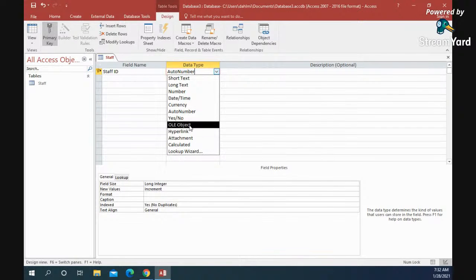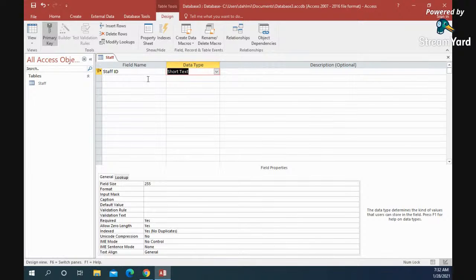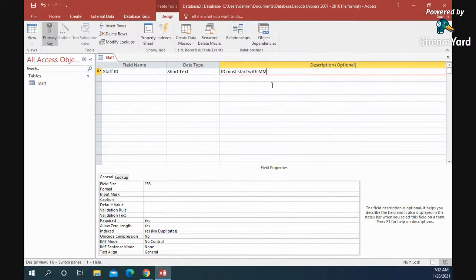The other ones we're not going to worry about within this course here, but so I'm going to go ahead and choose short text because I'm going to set my own staff ID. And so for this made up company here, maybe we just say in the description here, ID must start with MM or something along those lines. This description isn't visible on the datasheet view, but anybody that's building into this database would then be able to look at these almost notes in here to see how you're setting up your table so that they can make those